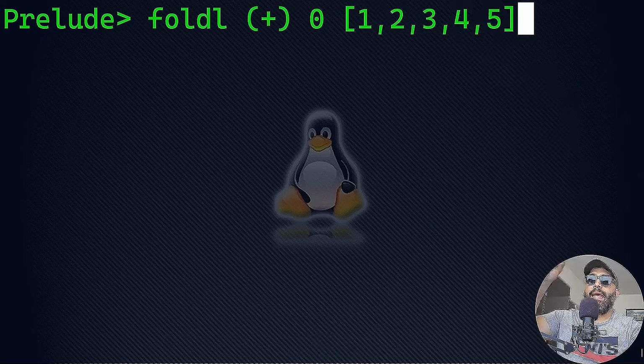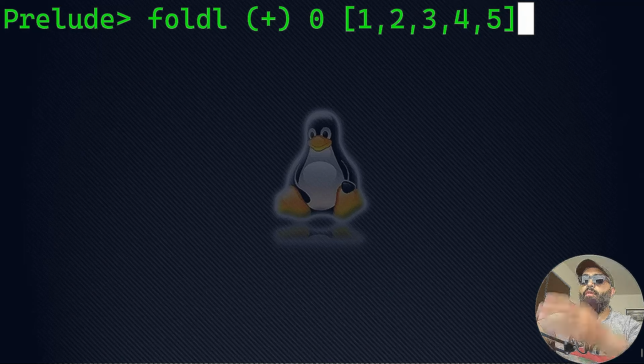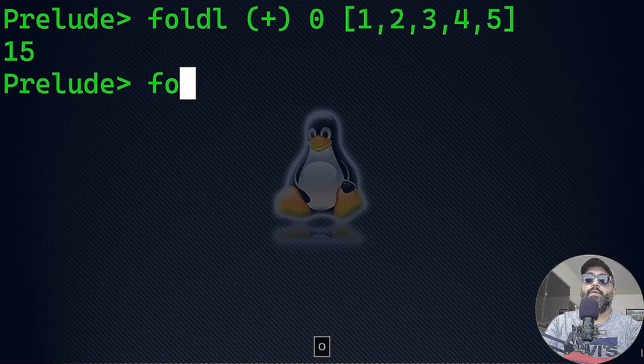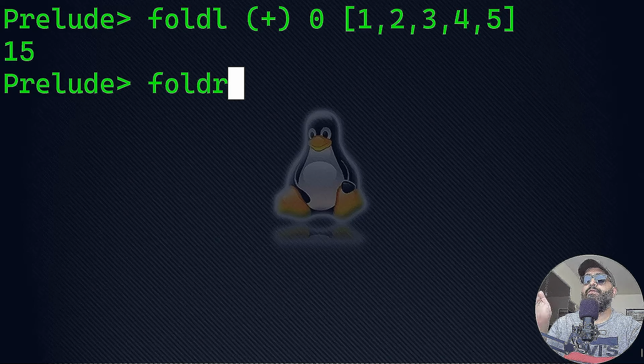So it's going to add numbers from the left to the right on the basis of 0. So it's going to start 0, 1, 2, 3, 4, 5, and so on, and that's going to give you 15. 1 plus 2 plus 3 plus 4 plus 5. There is also another higher order function called foldr, and that does the same thing